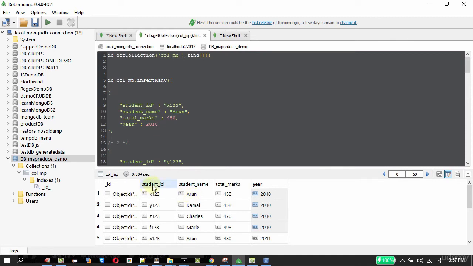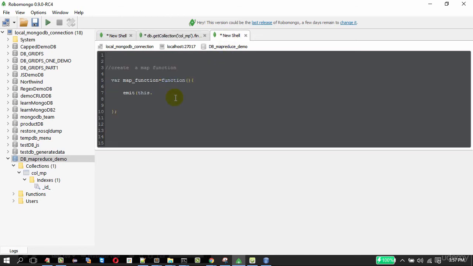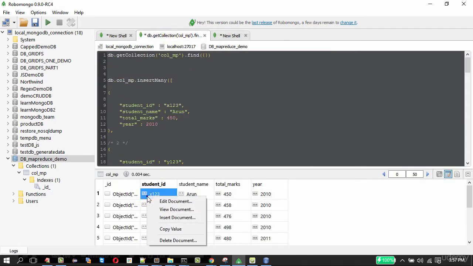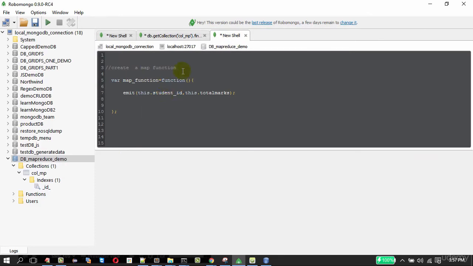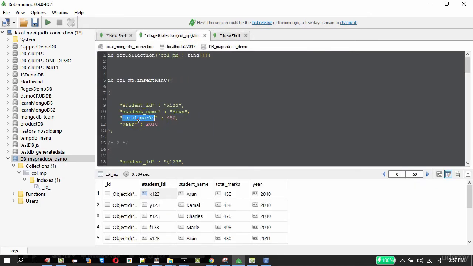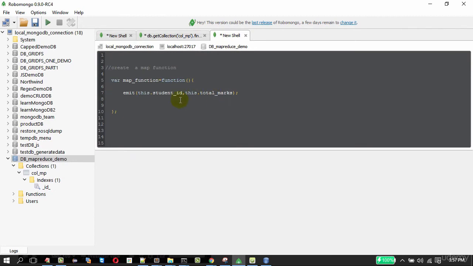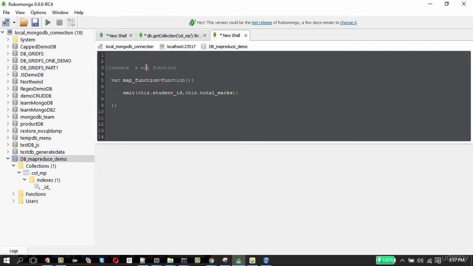We'll be using only two columns. One is the student ID and another one is the total marks. This is student underscore ID, comma this dot total marks. Let me view this in JSON view to select the exact text. So with map, we have selected the fields which we are going to work on.